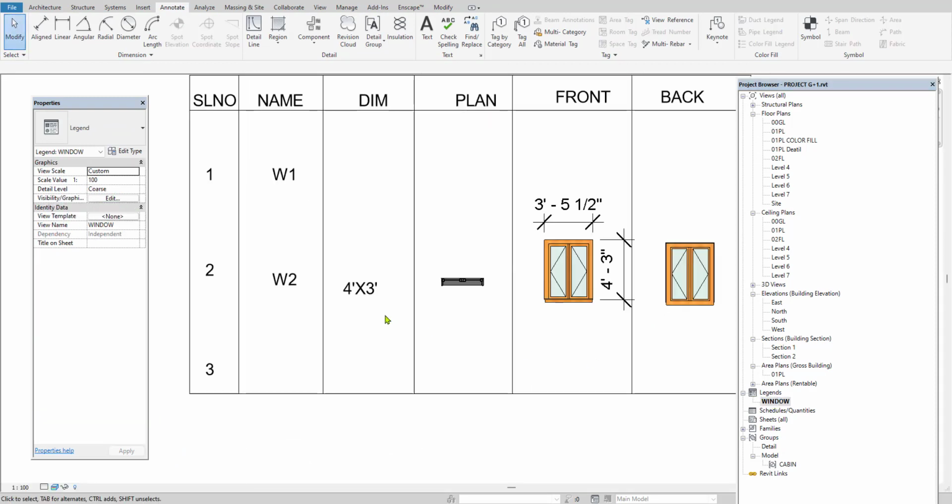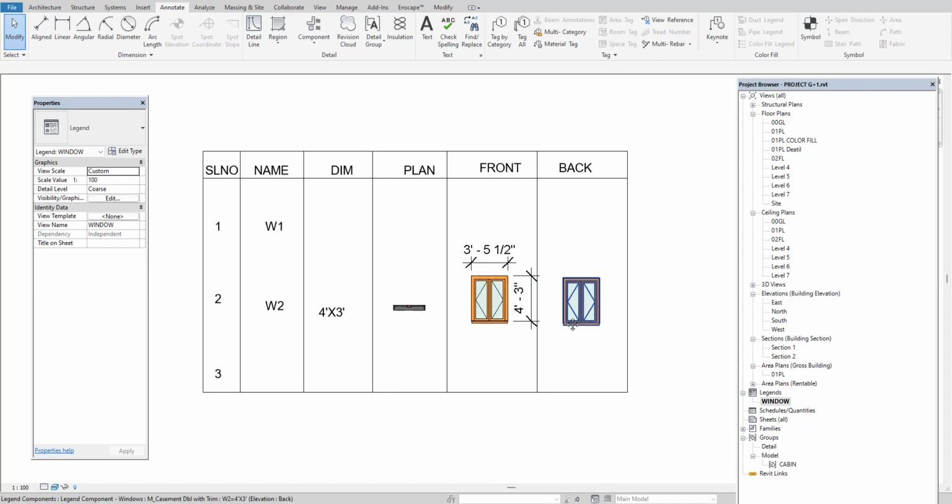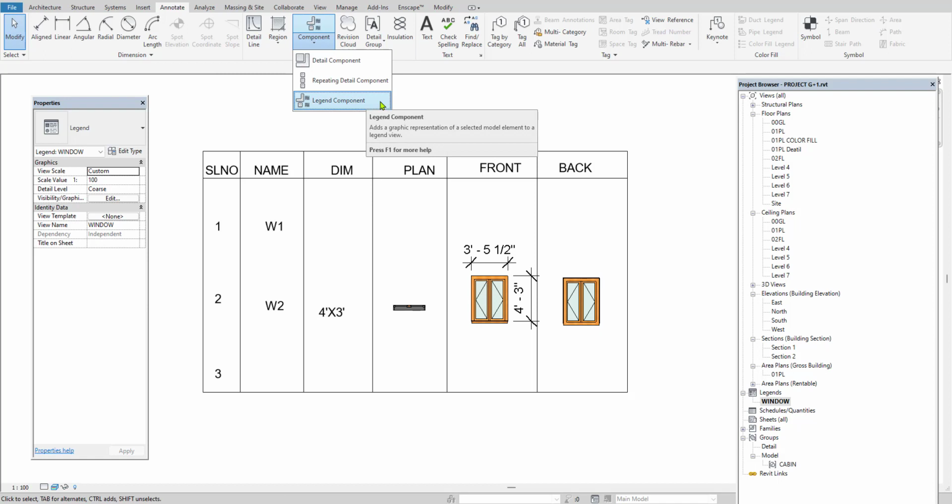Again come to the legend creation and then you can change it according to the requirement. Like this way for the doors, windows, not only for the doors and windows, even you can go with any component. By using the legend component option, you can create the detail of any component.